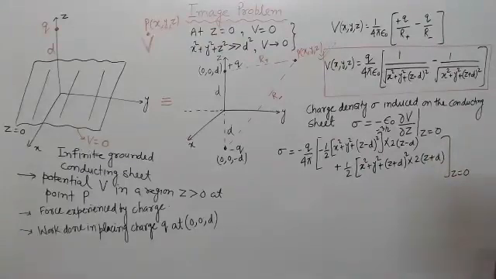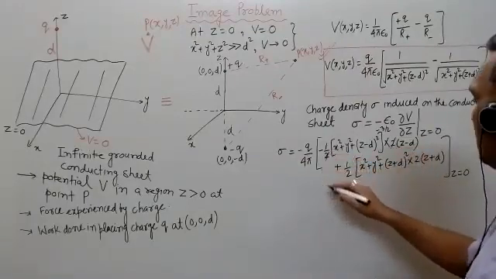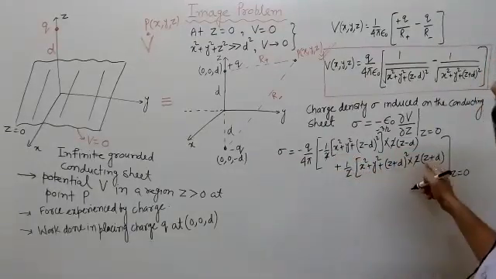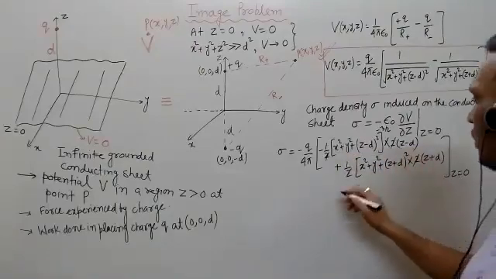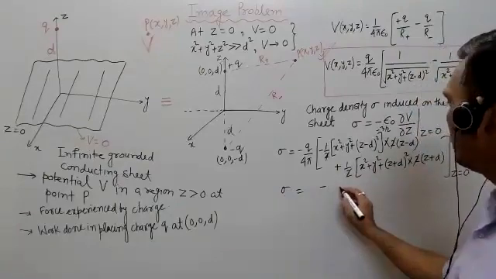So just see, if you put z is equal to 0, this 2 will cancel out, z is 0, so this will be plus, this is also plus, so sigma will be given by minus of